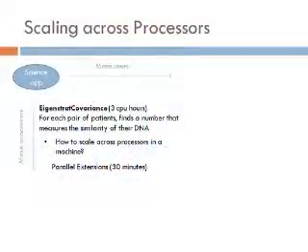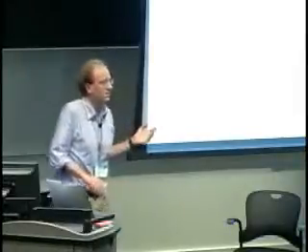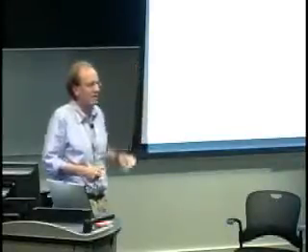So let's look at one problem we had and the approach we used to solve it. We have a program, not yet shared, called Eigenstrat covariance. And what it sounds like it does: if you have a lot of patients, say 1,000 patients, for every pair of patients you want to come up with a single real number that expresses the similarity of those two patients as measured by how much they have in common in their DNA.